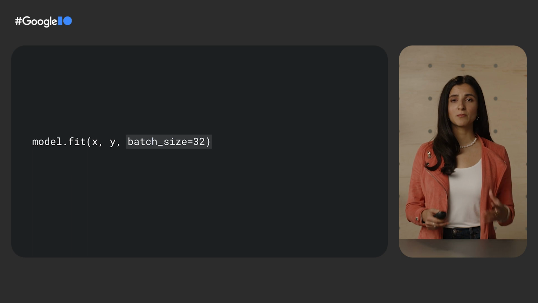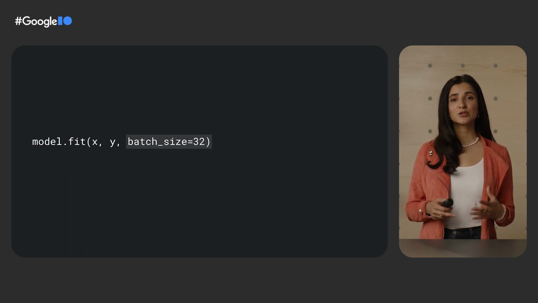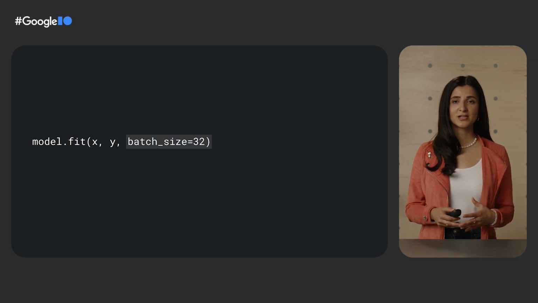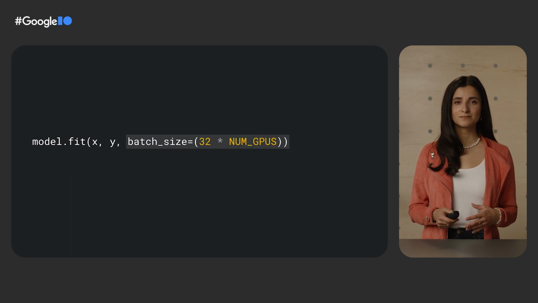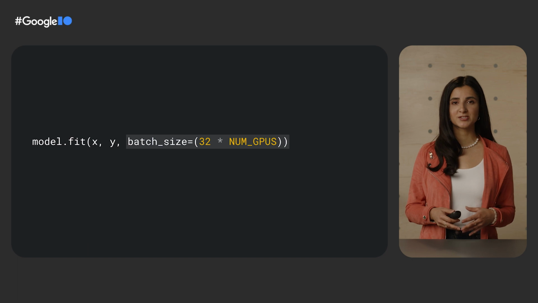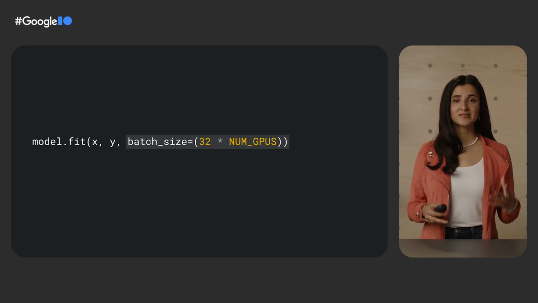On each step of our model training, a batch of data is used to calculate gradients, which are used to update the model's weights. Generally, the larger the batch size, the more accurate the gradients are. But we can only make the batch size so large before we start to run out of GPU memory. But if we could add an additional GPU, we could double the batch size. By adding more accelerators, our model will see more data on each training step, which means that it will take less time to finish an epoch.